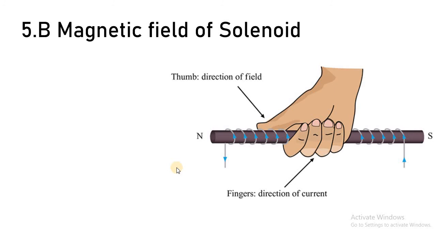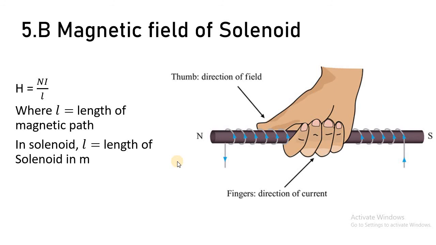Okay. So now here we are going to find again the magnetic field strength H. What will be my capital H in this case? Capital H is equal to again Ni upon L. Here N means number of turns of coil which we have taken in the solenoid. Here L is the length of magnetic path, nothing but the length of solenoid. Now tell me, length of solenoid depends on which parameter? Length of rod or number of turns of coil?